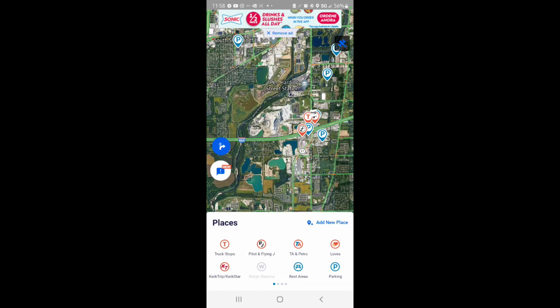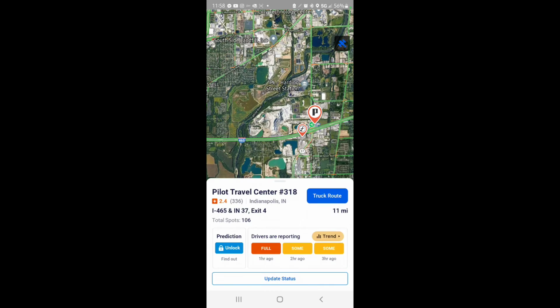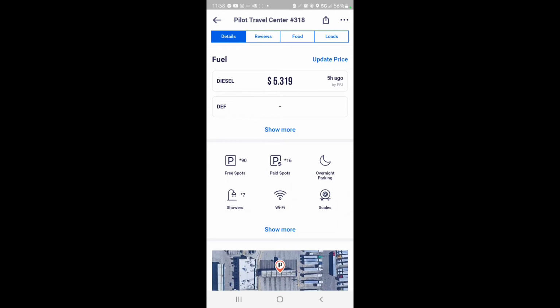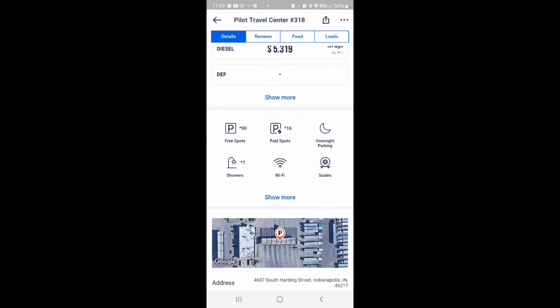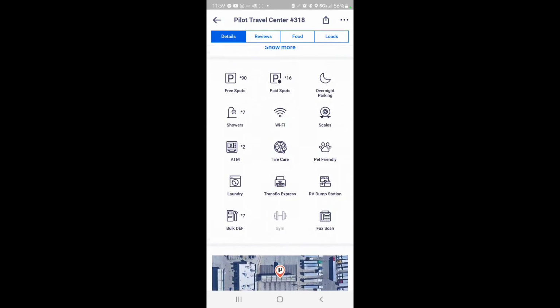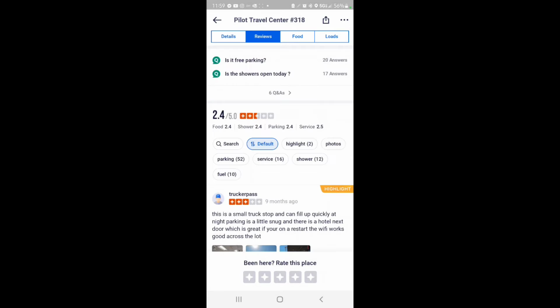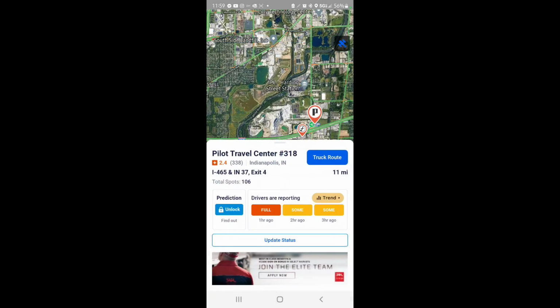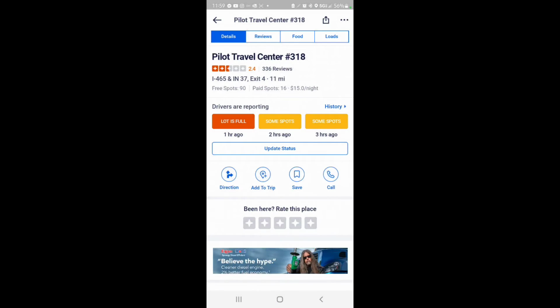We're going to explore Trucker Path a little bit. So the things I'm looking for when I select a truck stop is I check out how many parking spaces there are. This one has 90 spaces and 7 showers. It has other options in here too that are valuable information. I can check the driver reviews, get in any feedback from other drivers, what they have to say about it. I also like to check